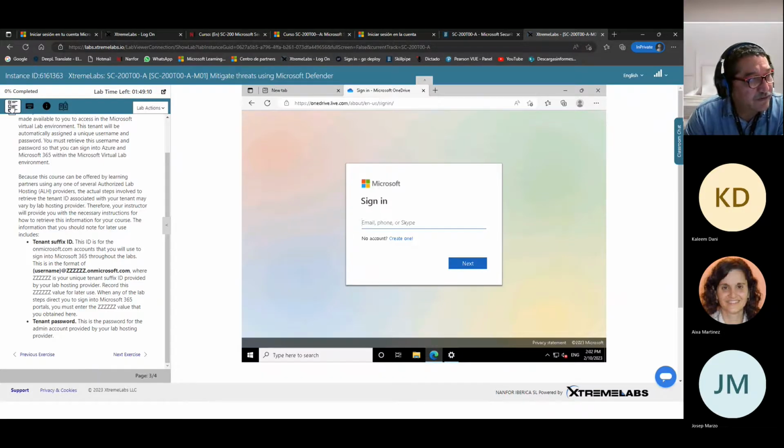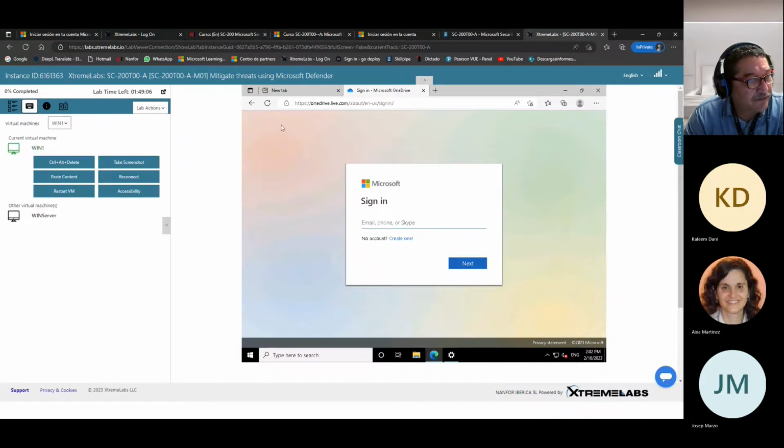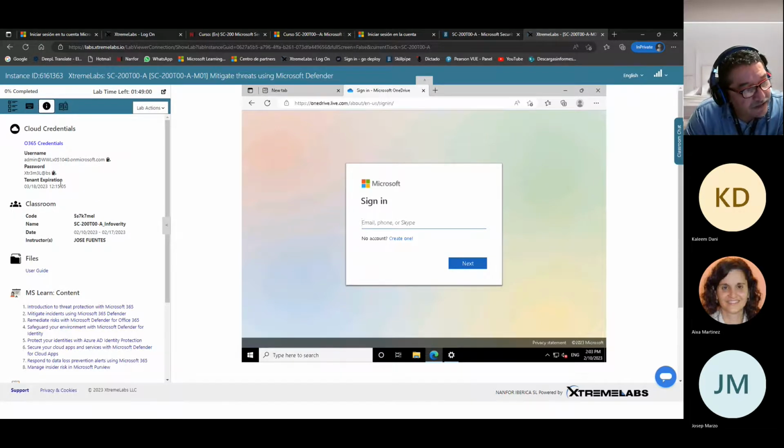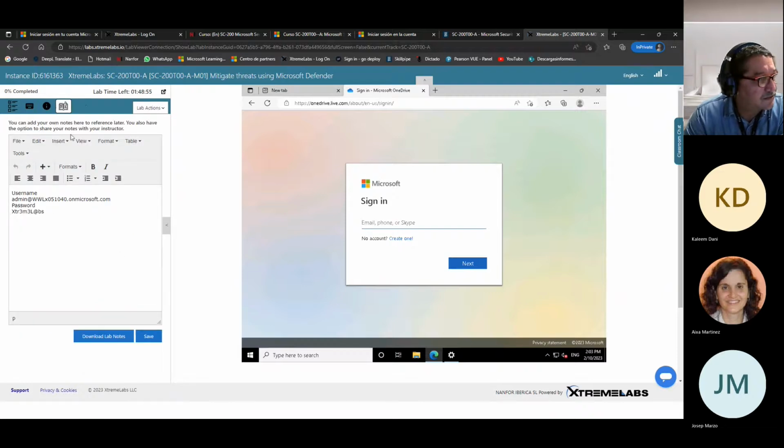So the first icon is your instruction for the lab. The second functionality you have with your actual virtual machine will be the credentials in case you need them. And this is some kind of text editor. Anyway,